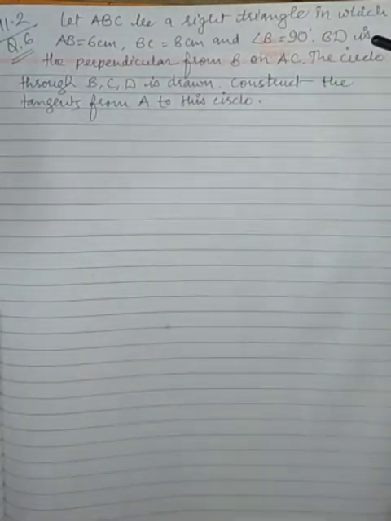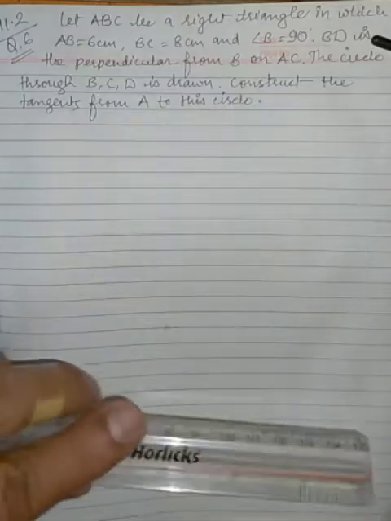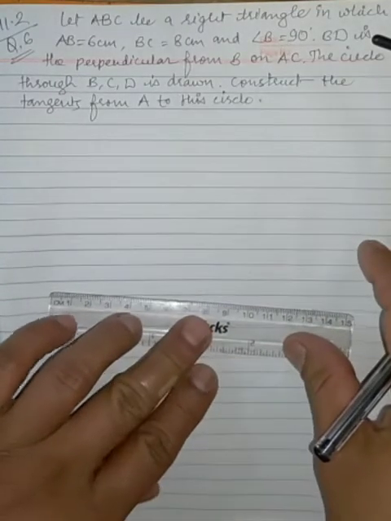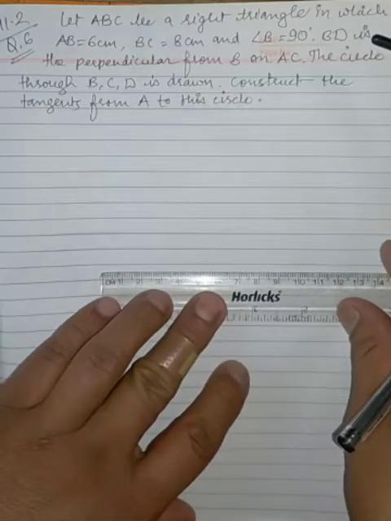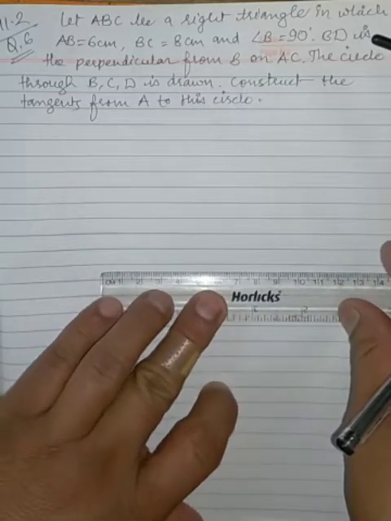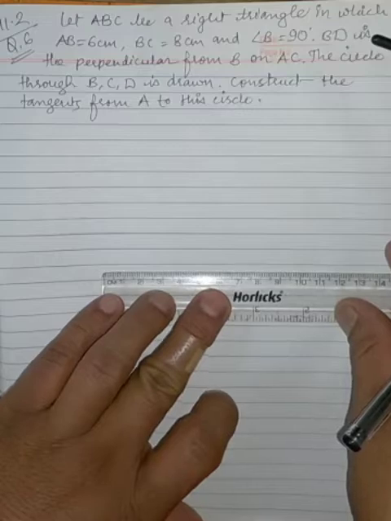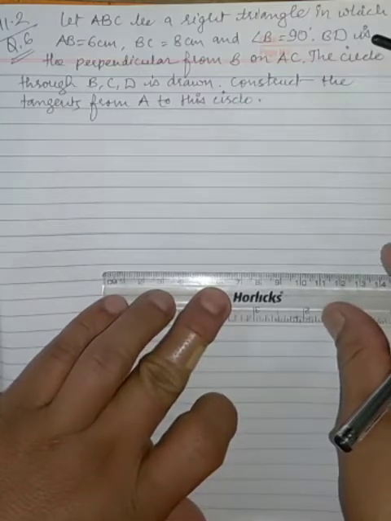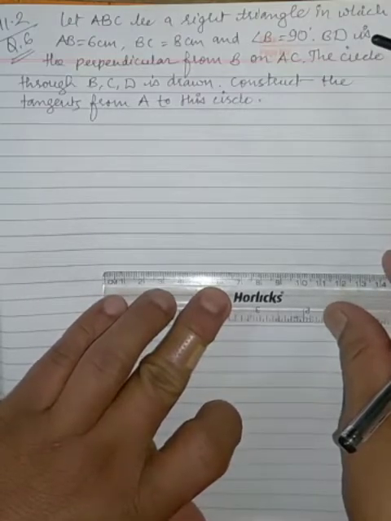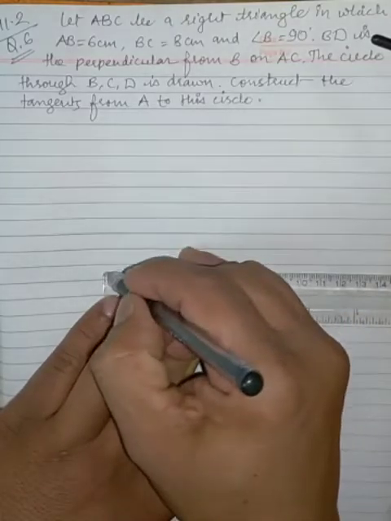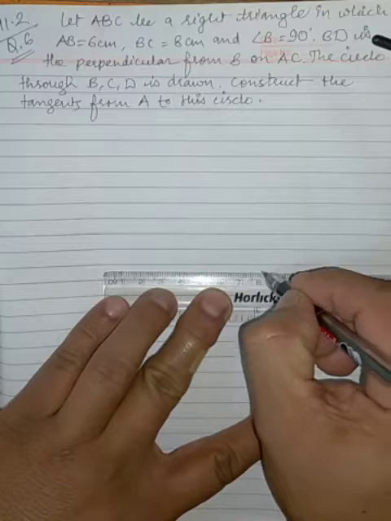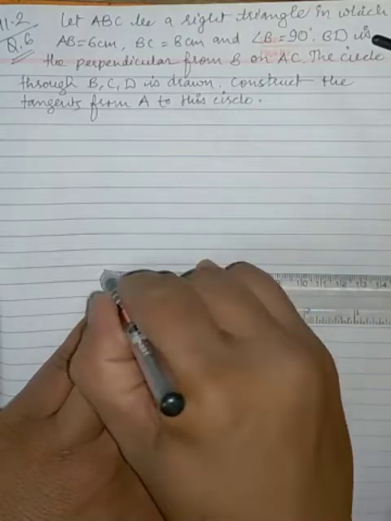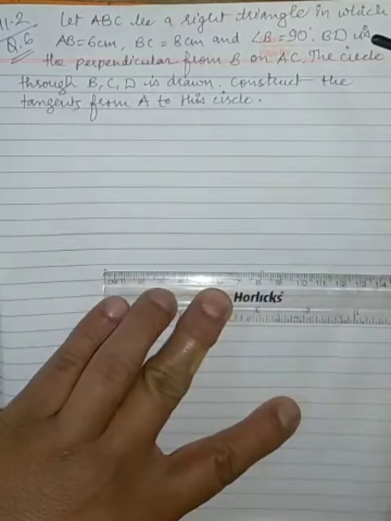This question is a little tricky, so you will have to do it step by step slowly because it contains a lot of arcs and we may get confused because of this number of arcs. So first of all, we will construct the triangle ABC. Let us use BC as the base because it is the longer side. So let BC is equal to 8 cm be our base.